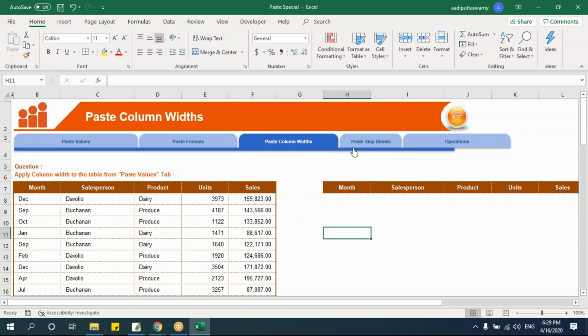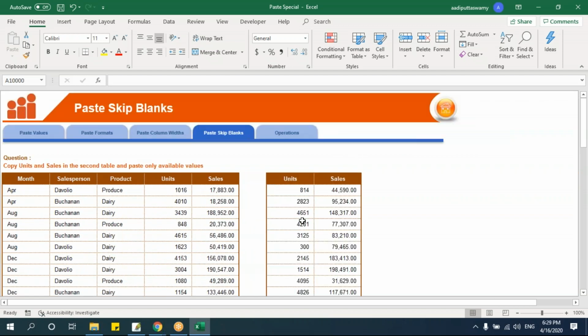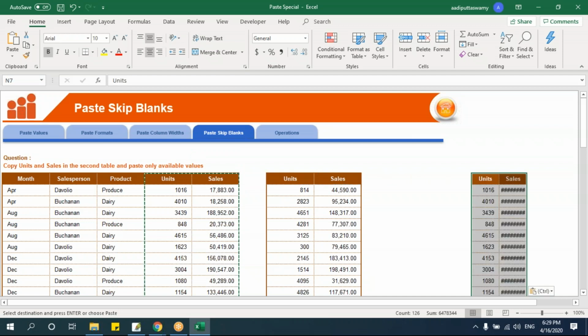Fine. The next one. Now please concentrate here, all of you. This is a little confusing, but this is very important and very interesting as well. I'll tell you what it is. Let me just make a backup of these two columns. Just a backup. I'm just saying Control C and Control V. Let it be here aside.